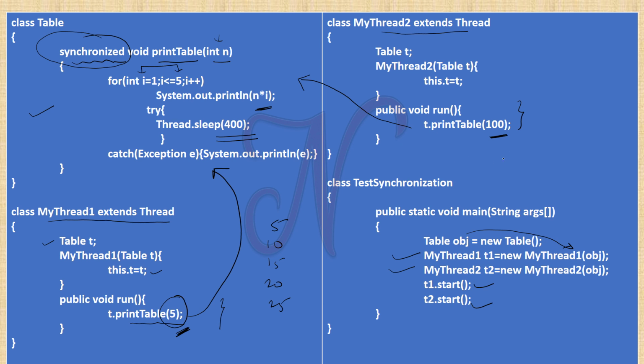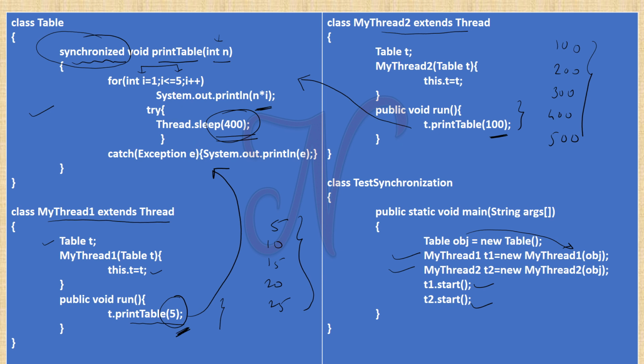If the number is 100, then 100, 200, 300, 400 and 500. If there is no synchronized keyword, then all these numbers are printed in random order. They mix up with each other because here the sleep time is 0.4 second.